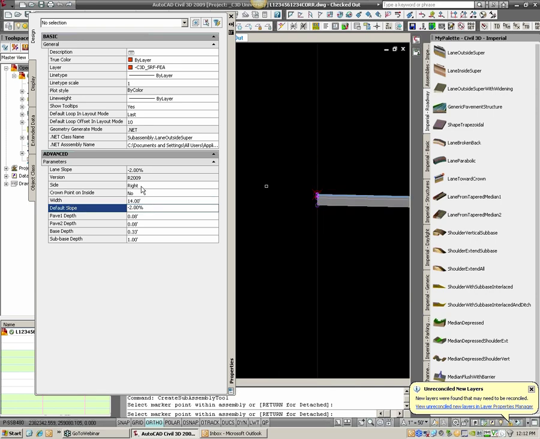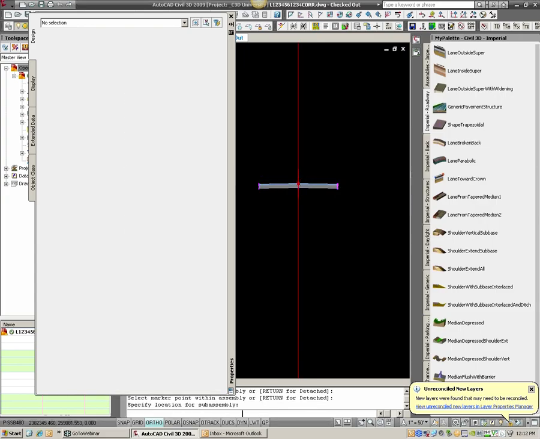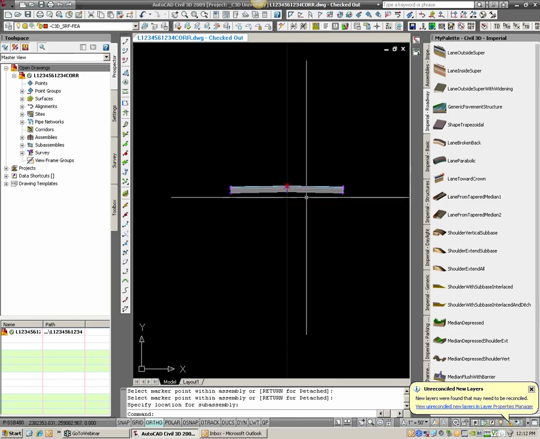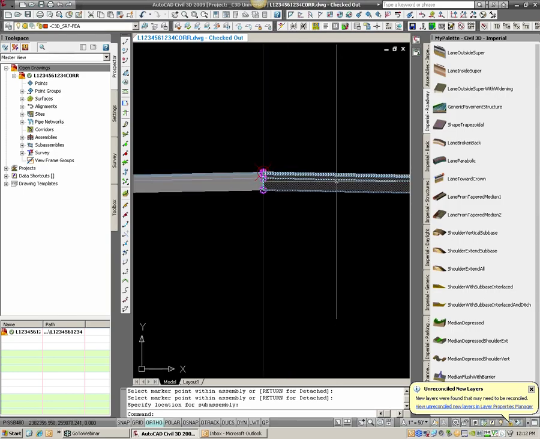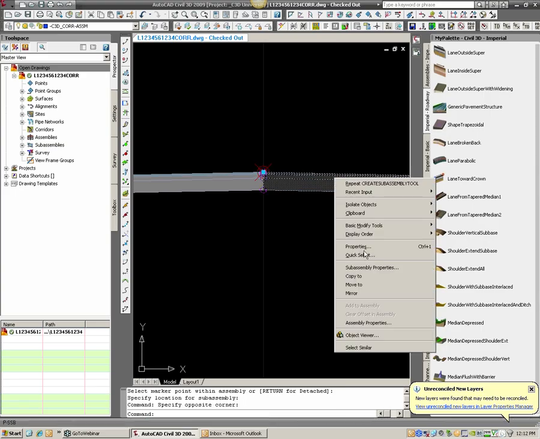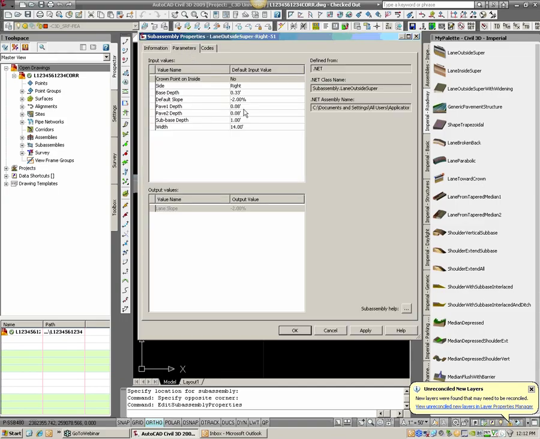There's my right side. Do my left side. Okay. And then hit enter. So those are my two lane slopes there. And, you know, I could have gone through and set up these section intervals through here. So if I right-click on one of these and hit Subassembly Properties and go to the Parameters tab, these are